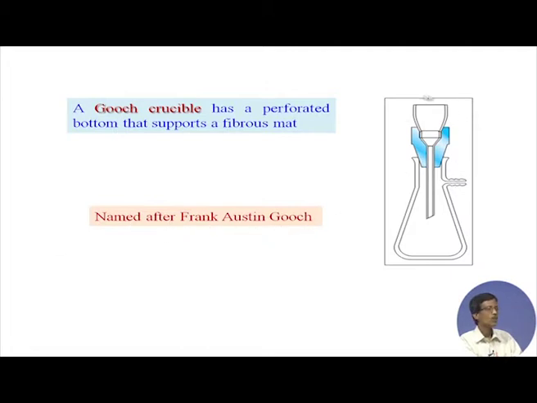So, this Gooch crucible, this is nothing but your filtering flask, and this is the pipe adapter. The rubber tubing adapter is attached to it at this particular point, and it can be used with water suction from the water tap, or it can be used with some pump, such that you can have suction in it. So, this is the corresponding base and you have the adapter. So, this is the adapter.